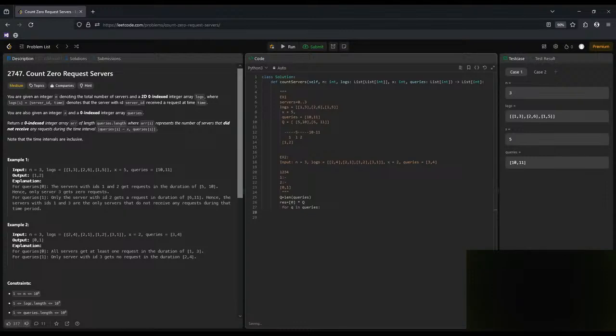Then for every query, what we're gonna do, we're gonna see if server... for L in logs, right? For every log,